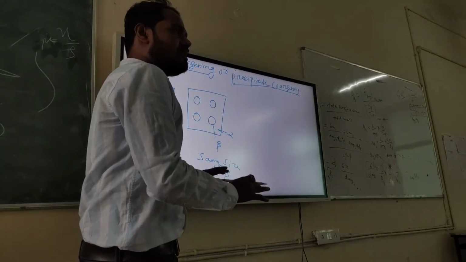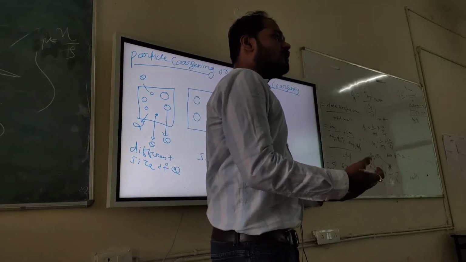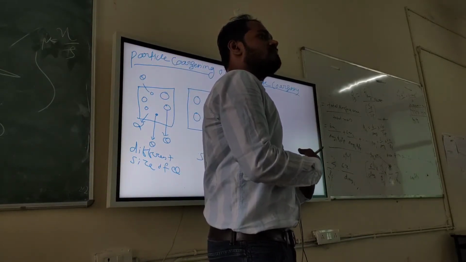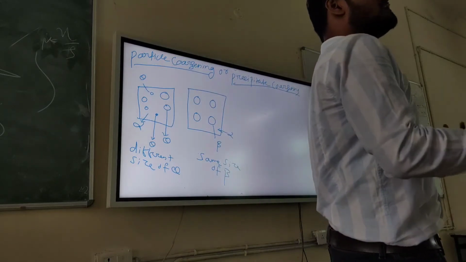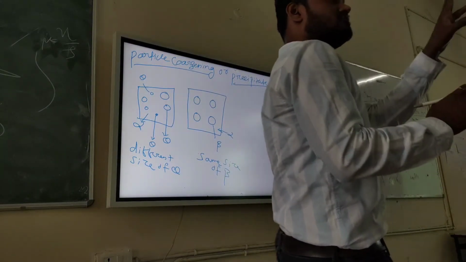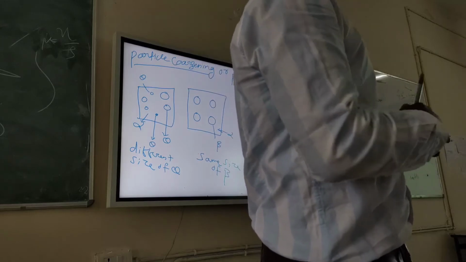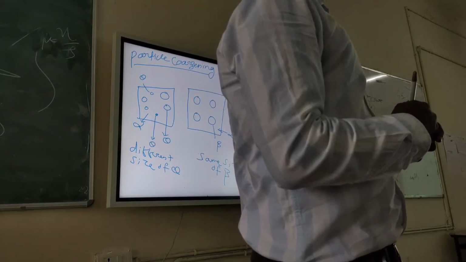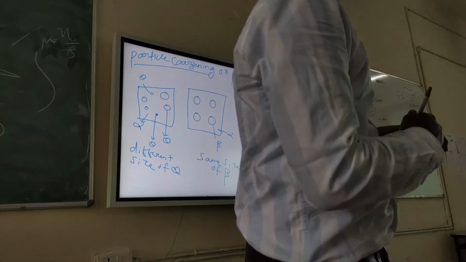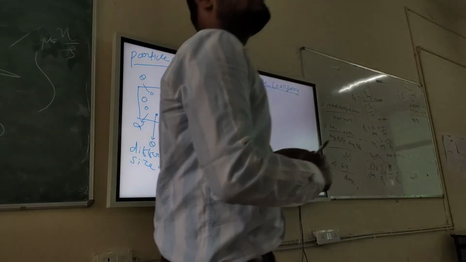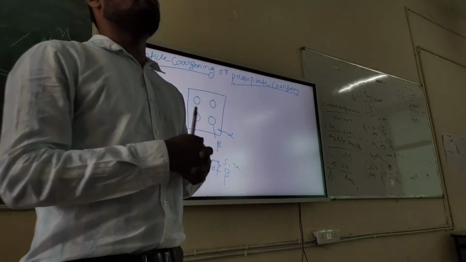So tell me, in both cases the particle will grow, or in one case the particle will grow with time, or in both cases particle will not grow with time. Three situations. First situation, in both cases particle will grow or not. Second case, in which case particle will grow, in which case particle will not grow. Or in last case, the particle will not grow at all with time and temperature. Okay, fine. Anyone want to speak anything about this? दूसरे में grow नहीं होगा.